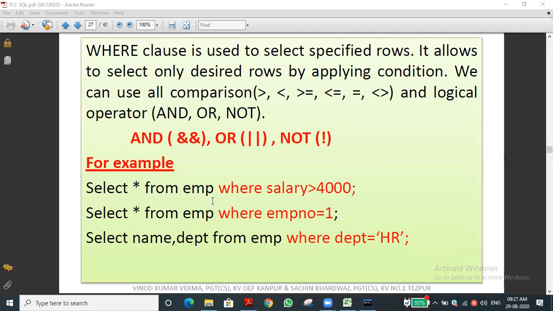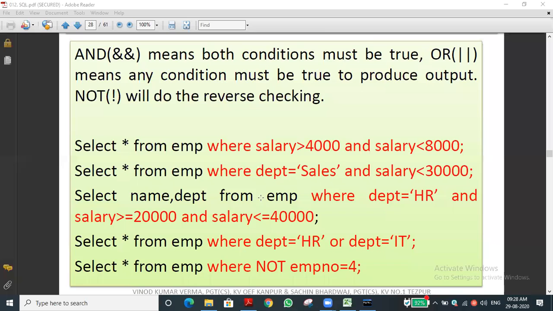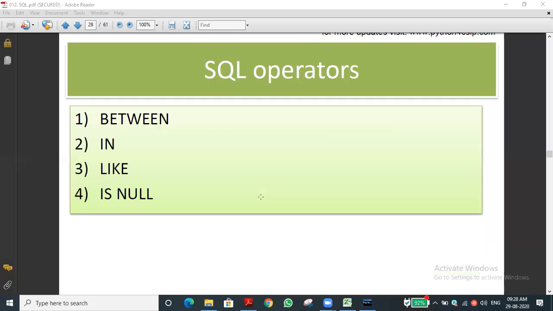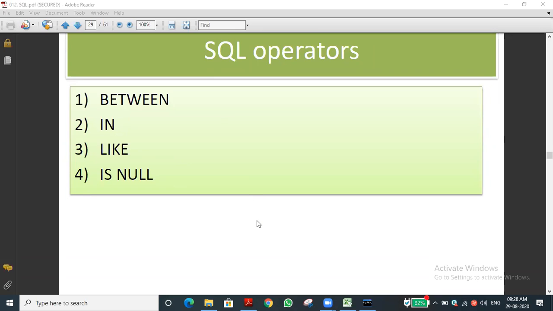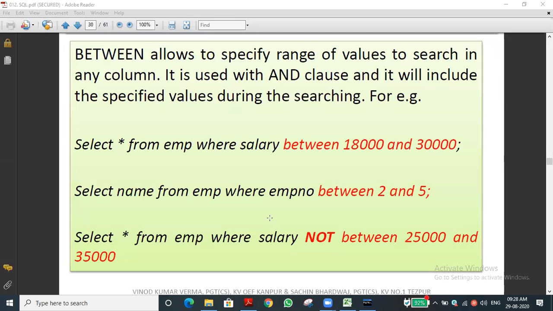Let me go to the next one. The WHERE clause, we have seen the same example. We discussed yesterday BETWEEN, IN, LIKE, and IS NULL. We completed BETWEEN, IN and LIKE. IS NULL alone is pending. Let me look at that, then we will do the example programs, then you can get more exposure. And that's what I'm saying: whenever I'm teaching, just listen to the query.